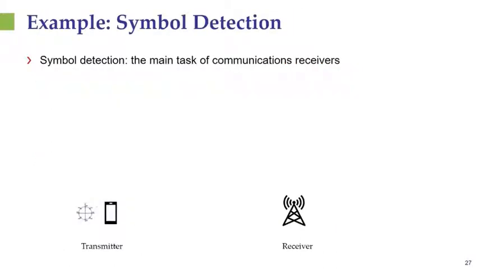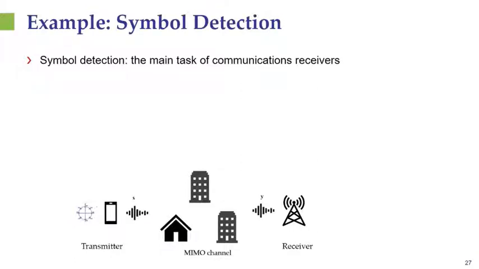To get a better sense of where machine learning can help in communication and why it is needed, let's take a closer look at one of the most basic operations of a communication system, which is symbol detection. So in a standard detection problem, we're going to have a transmitter that wants to transmit messages or symbols to a receiver over a given channel, in our case illustrated over here, a MIMO channel. Now the transmitter is going to do that by sending a signal S, which we're going to obtain as an output Y.